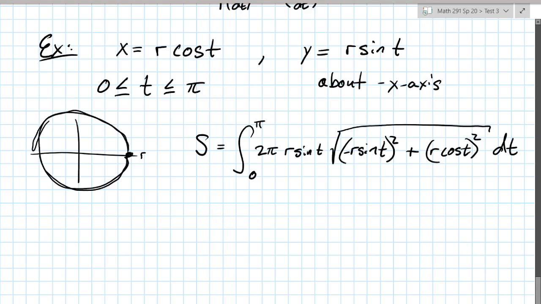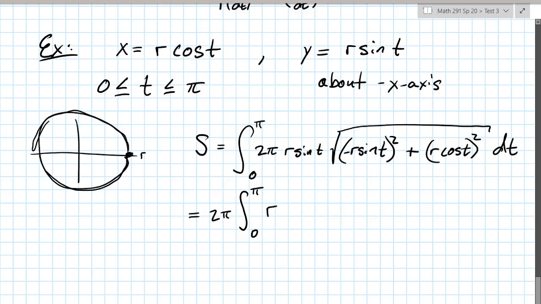Looking at the square root, we notice we can simplify what's inside of the square root. It's going to be r squared sine squared plus r squared cosine squared. Factoring out the r squared, we would end up with r squared times sine squared plus cosine squared, which we know is Pythagorean theorem. That is 1. So our integral